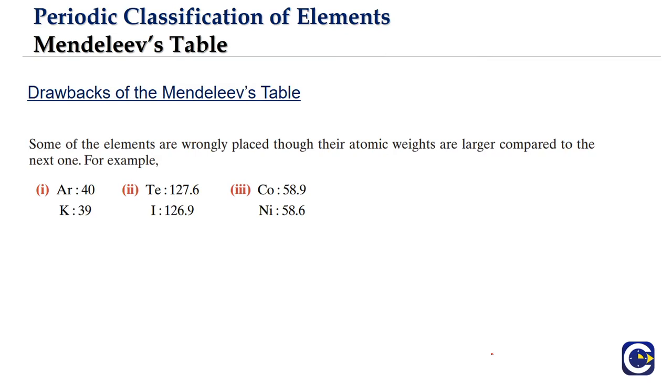But we will look at why the Mendeleev table is not used today, because obviously there are drawbacks, and we have arrived at a better basis of classification, which is what we will see in the case of the modern periodic table. If you look at some of the major drawbacks of the Mendeleev table, one major drawback is that in order to place the elements in the respective groups where their properties would match, Mendeleev had to compromise on his own law. What is the Mendeleev law? That the elements should be arranged in the increasing order of atomic weights.